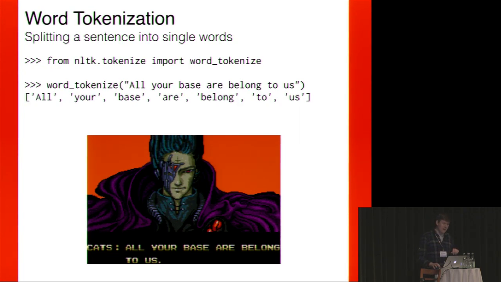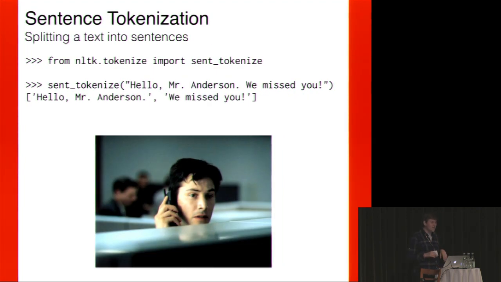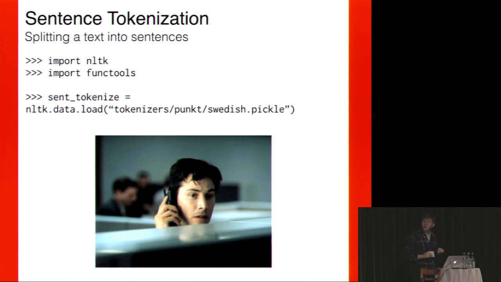manipulate. The next step is, of course, splitting a sentence. And if you look at this, it's quite interesting, because you can't just split it by the dot. You can still split words by the space, but here, if you split it by the dot, you wouldn't get the comma and all the other words. And of course, it would misclassify this. So this is a bit of a harder problem, but again, in Python, just 2 lines. And you can also do this for Swedish. So you just load this, and then you use these functions and tokenize.